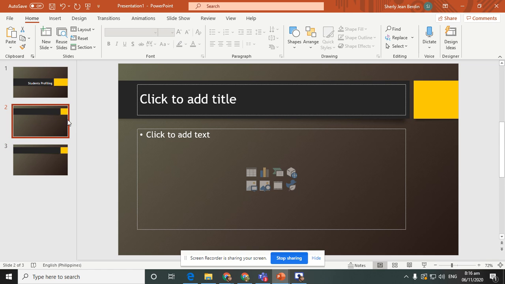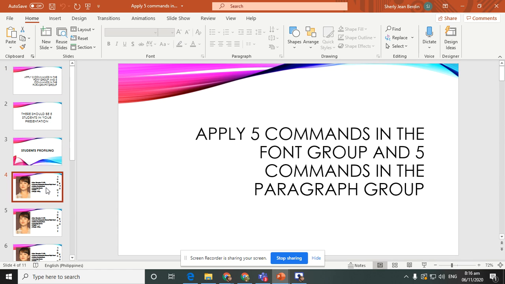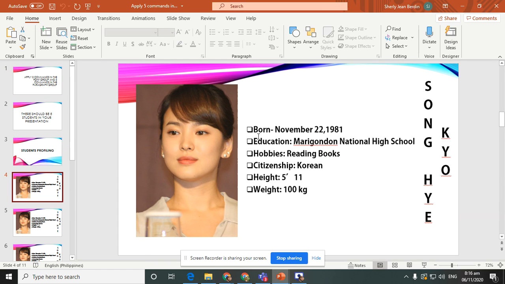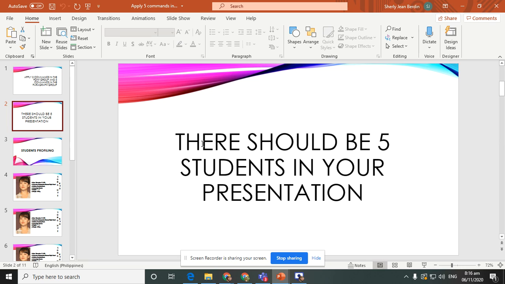First, you have to put a picture on the presentation. There should be 5 students in your presentation. Ma'am, is it okay that we use a celebrity photo or other photos? Yes, you can use celebrity photos, Hollywood photos, as long as it is wholesome.